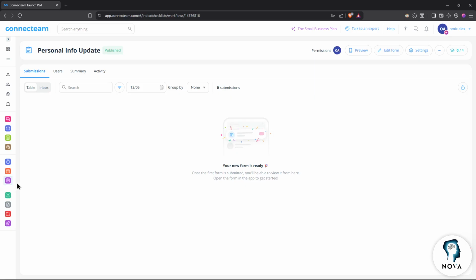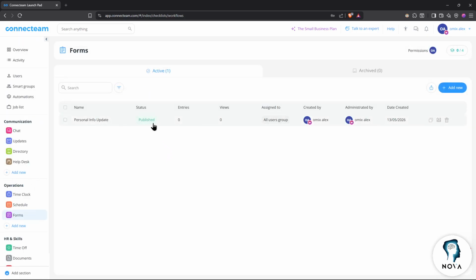If you want to create a new form, always go back to forms right here. You should find the form that you created. You can archive it, you can duplicate it, you can delete it, or create a new form and do whatever